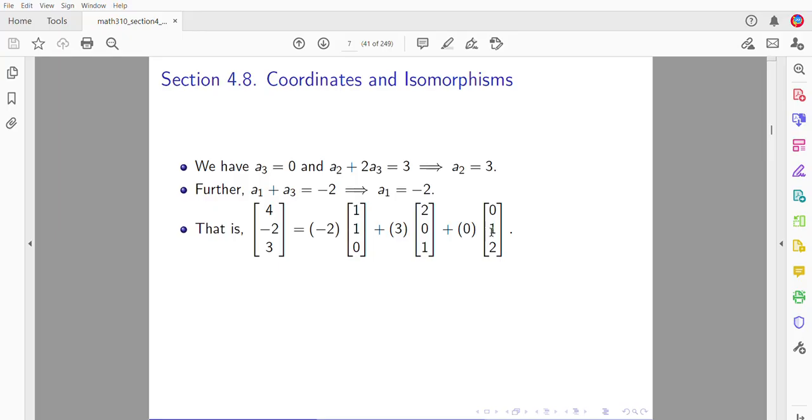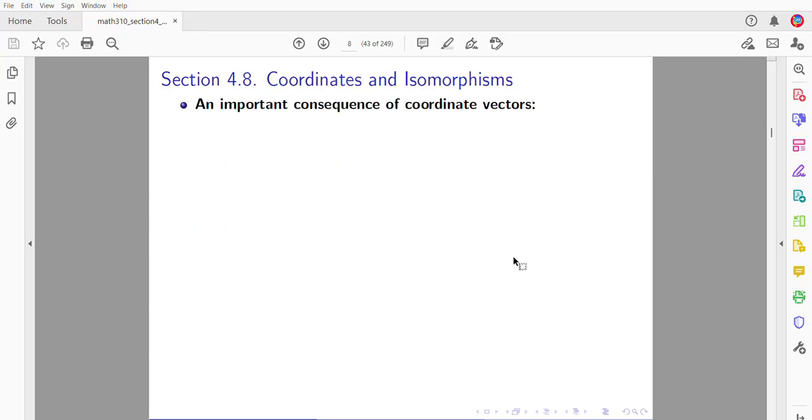So this linear combination gets you this vector. That is, this vector in terms of this basis, the coordinate vector of this guy is negative 2, 3, 0. You see, which is very different from the vector you began with. So the coordinate vector is something unique, very much dependent on the basis you choose and the order of the basis vectors. An important consequence of coordinate vectors: